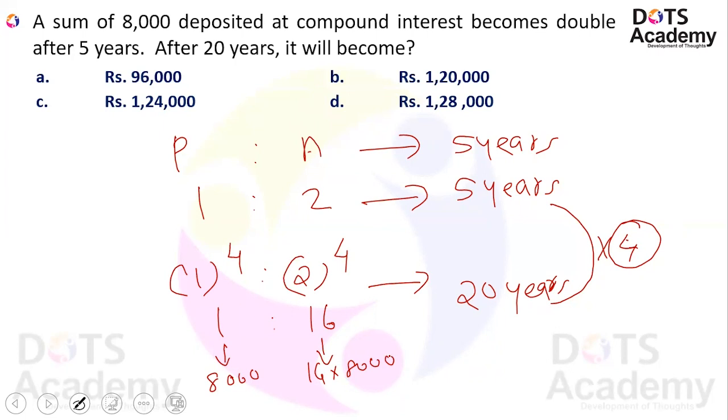Therefore, amount is equal to 16 ratio. That is 16 into 8,000. Here also you can either multiply 16 into 8 and then put 3 zeros, or you can do the multiplication of last digits. That is 16 into 8, that is 6 into 8 is equal to 48. So your answer should end with 8,000. There is only one option that is ending with 8,000, that is option D. Or you can write 16 into 8 is equal to 128. Your answer is equal to 1,28,000. So using this shortcut method, you can directly do the problem even with your mind calculations.